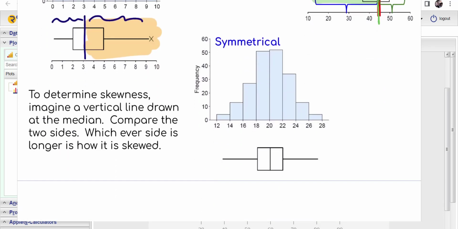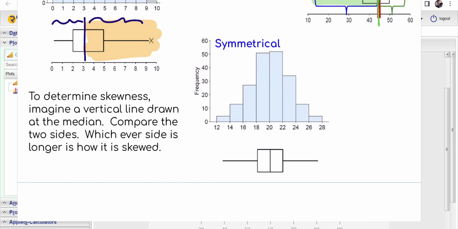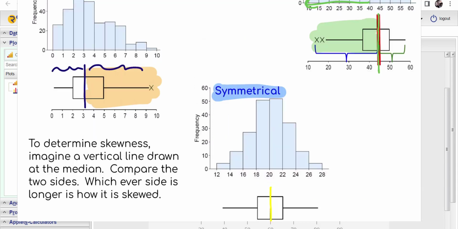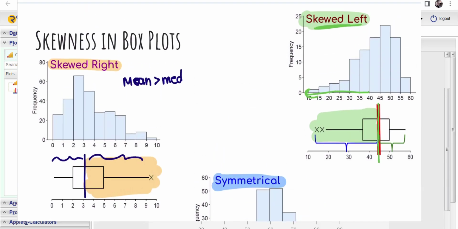And then if you draw a line through the center, and they're approximately equal on both sides, they are basically symmetrical, or approximately symmetrical, and it's not really skewed. I just want to go ahead and write when they're skewed left. When they're skewed left, the mean is less than the median. That's why it's helpful when we do these to,